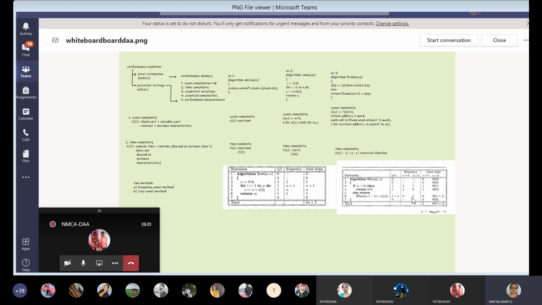So that is 0, and this will execute once. Okay, so when we are keeping the total steps, when n is equal to 0, how many steps did we get? 1, 2. So that is 2. And then when n is greater than 0, how much are we writing? This is recursive, so 1 plus x is missing here. So how can we write? 1, 2, so 2 plus x we can write.